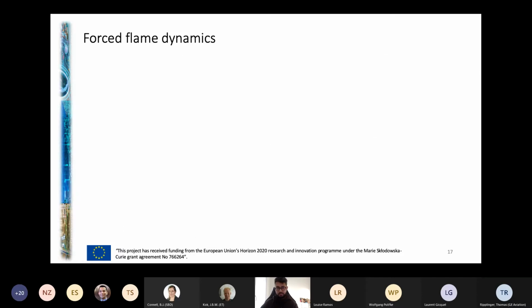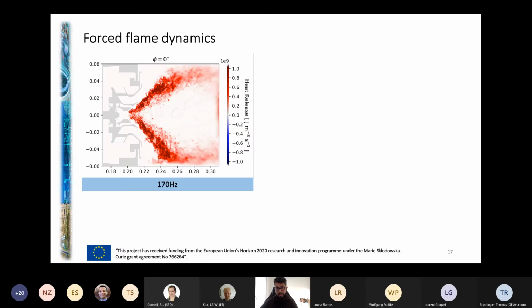Just to look at how the flame dynamics is taking place, the video on the left is the heat release variation for 170 hertz, and the one on the right